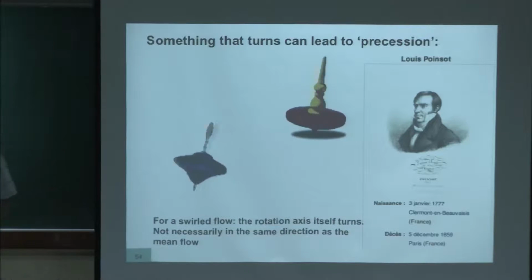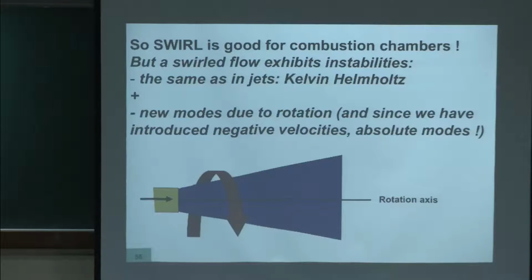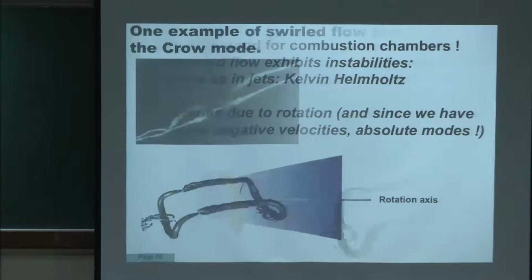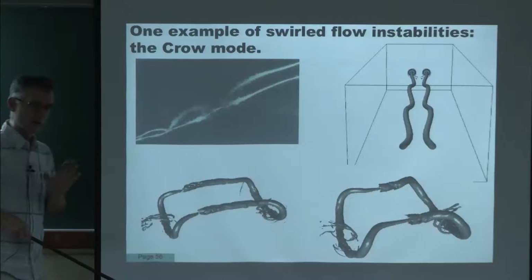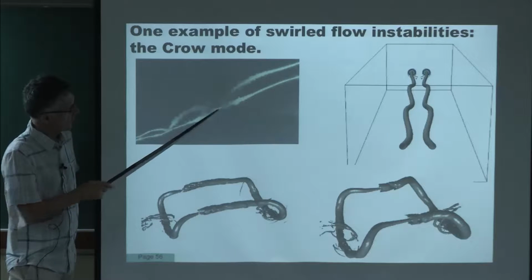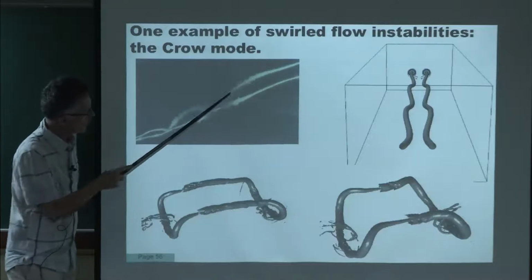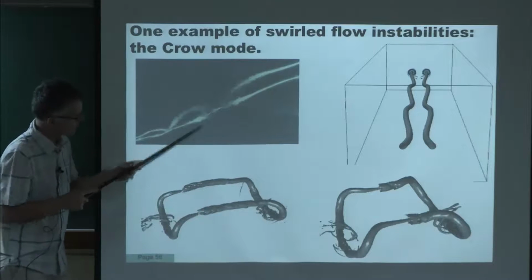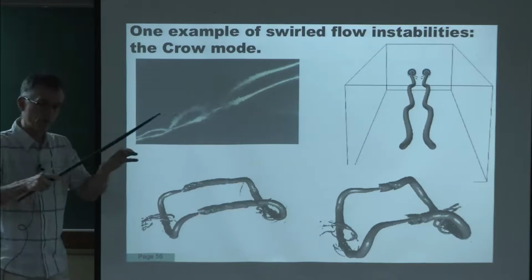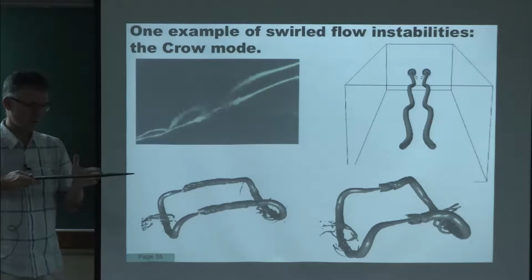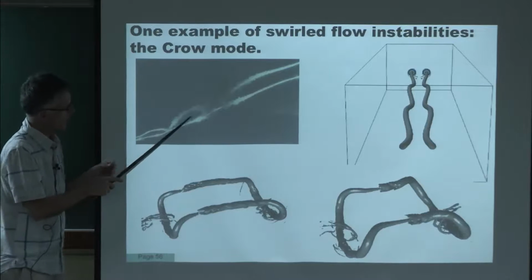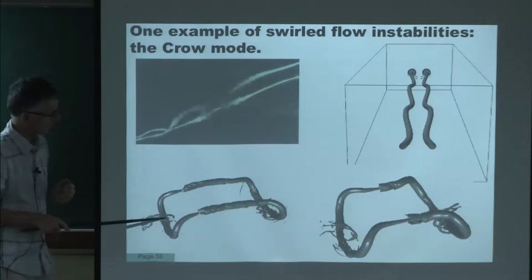Now, this happens also in swirl jets, because when you have swirl, you will have these new modes which basically lead to a new type of instabilities. There are many types of instabilities. If these jets are free, like in the sky here, they create these shapes that you've seen, which we call reconnection. So the two contrails break, and then they merge with each other. That's a simulation we did of that. And you can see it actually in the sky, it gives these pockets, these puffs. Initially, you have two long vortices, and you end up with spherical or elongated objects which are cut in the middle because of an unstable mode.